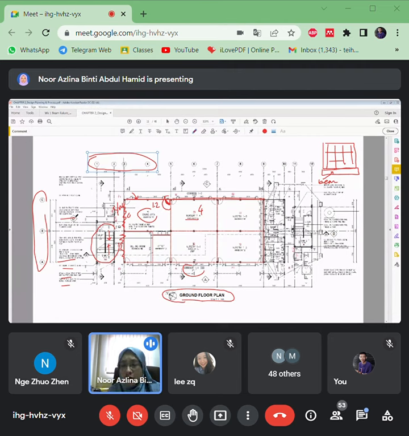It's okay. We can try to analyze the size proposed by the architect. They say they want 200 times 400 for the size of the beam, kan? Dalam architect dia nak 200 kali 400 for the ground beams. Okay je kan? Kita try lah size 200 by 400. Once we check, if the size is okay to cater all the loads and passes the serviceability of deflections and cracking, okay, we agree to use this size.